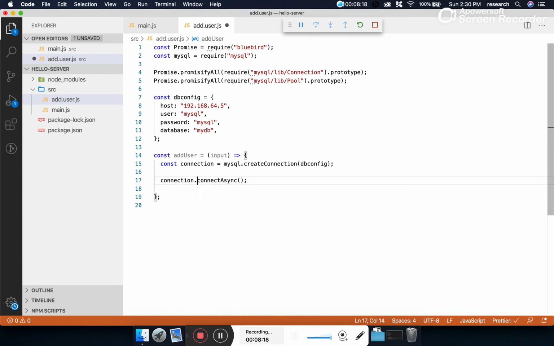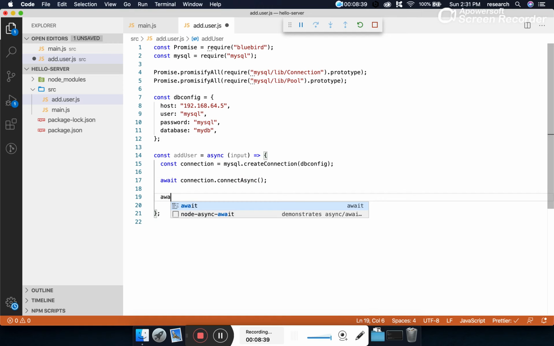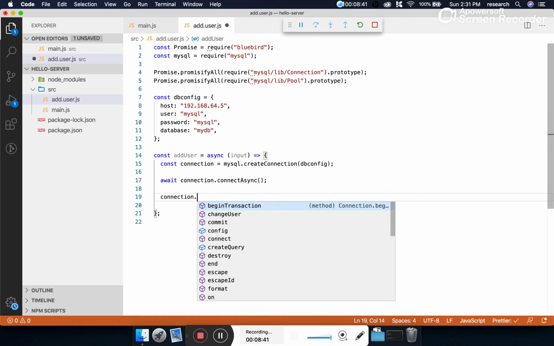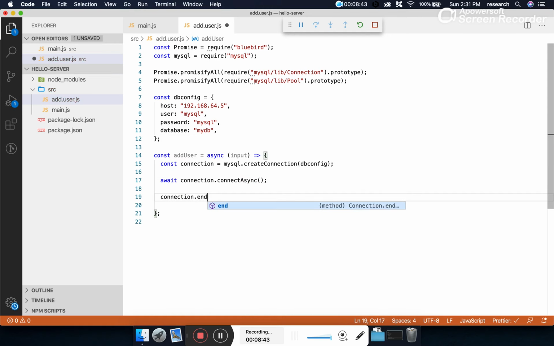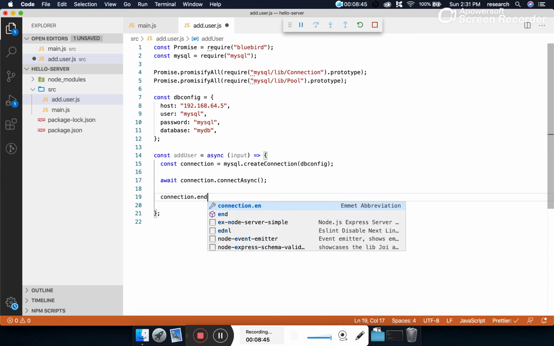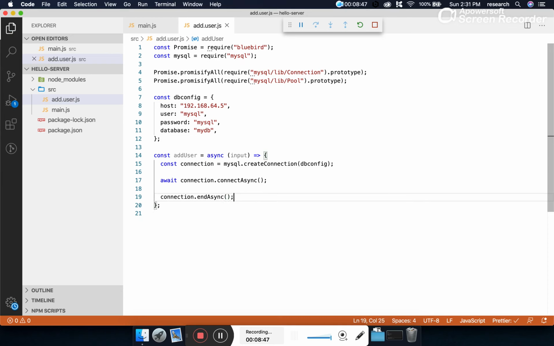If you are not familiar with this, how are we getting this method? Because of the promisification. Okay, what does it return? It returns a promise. So what we can do is await here, we can wait for the connection, but to use the keyword await here, I have to specify async. That means I have to make our method async. And as soon as we make a connection, we will also be releasing the connection like this. And this is the default method, but we are going to use the async one.